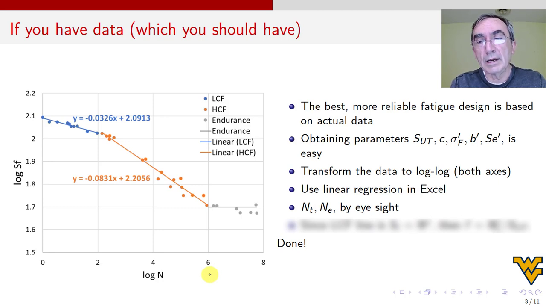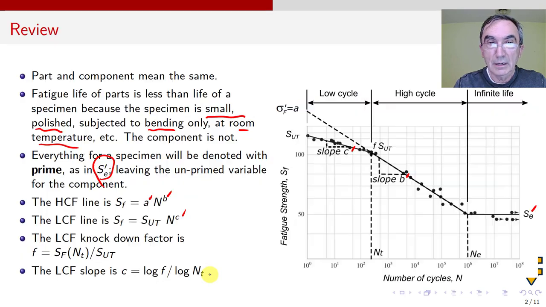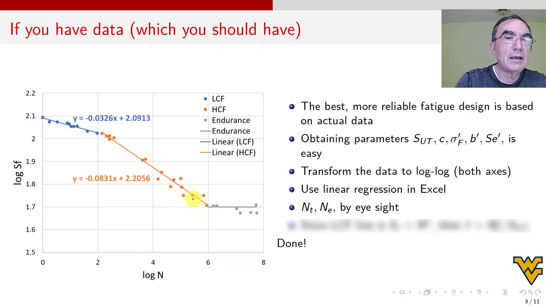And I call them homework assumptions or preliminary design assumptions. Things that I assume, but I'm not sure about. For me, the best is to have data. So if you have data, it's very easy. You just put it in Excel and then you get all the parameters, like I'm showing you here. So what I did is I went in this diagram and I digitized the plot, and I put the data into Excel.